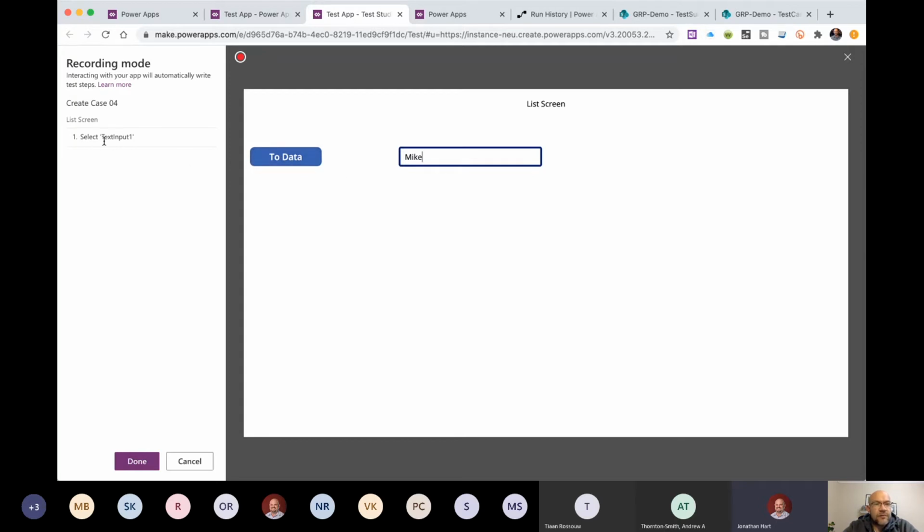You'll see on the left hand side, before we do, it says the first action that we've done is to select the text input 1 control. Sorry, I didn't name these controls properly, but you should get the gist of it. There you'll see that we've now changed the text property of the text input to Mike, and we've now clicked on the select button. We can jump between these two screens a few times, and every time we do, it's going to record that in the step recorder. So if you now click on done,